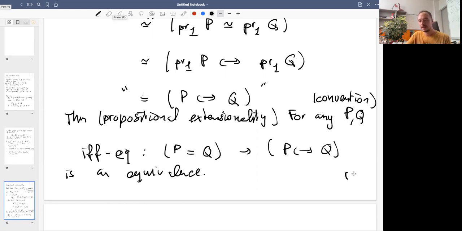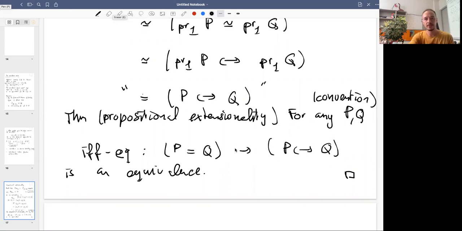And it goes by the reasoning that we just showed, we have some equivalence between these two types. But by the fundamental theorem again, it shows that the total space of all of these types ranging over Q is contractible, and then this map here must be an equivalence. So we proved it.